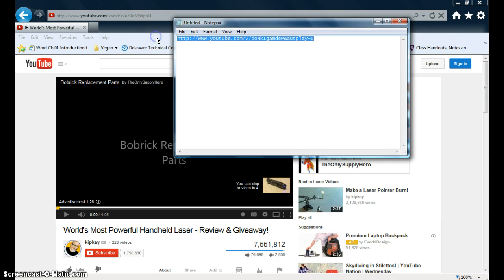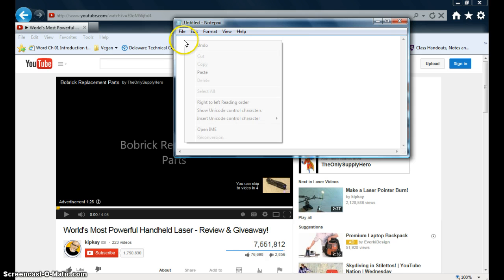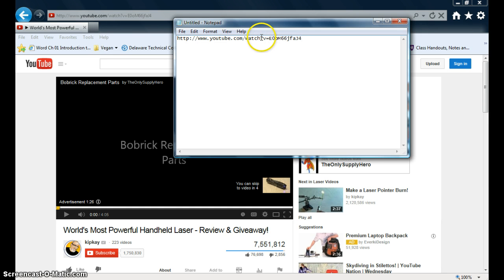Okay, now I have another URL in there, so I'm going to take that off and I'm going to right click and then click paste. Where it says watch and the question mark, I'm going to delete that out. Okay, where it says V, I'm going to click on the right side of the V and I'm going to put a slash mark there. I'm taking out the equal sign. At the end of this string of letters, I'm putting in the ampersand sign,